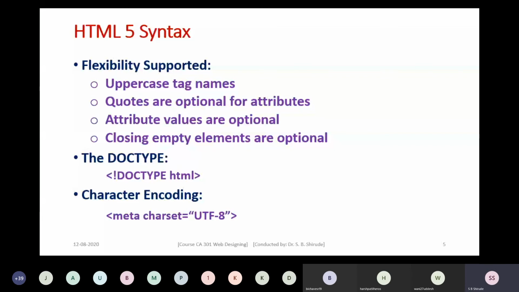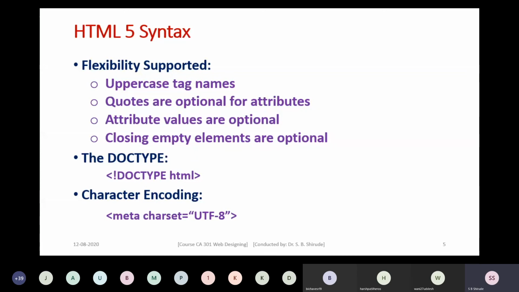But if we take the p tag, the paragraph tag, it cannot be empty. In the paragraph tag we should put some text that we wish to appear on the web page, and therefore it is not an empty tag. But the meta tag, img tag, and hr tag are empty elements or void elements. So if the element is empty, there is no need to specify a closing tag for that. It's optional. Though you specify it, still it is okay. Though you do not specify it, it will still render the web document correctly.